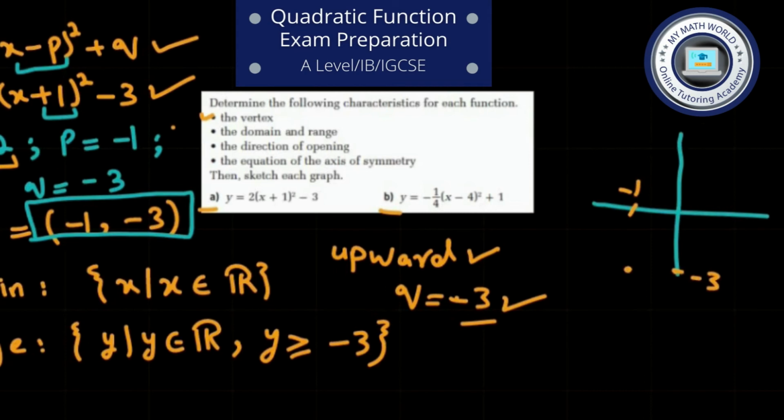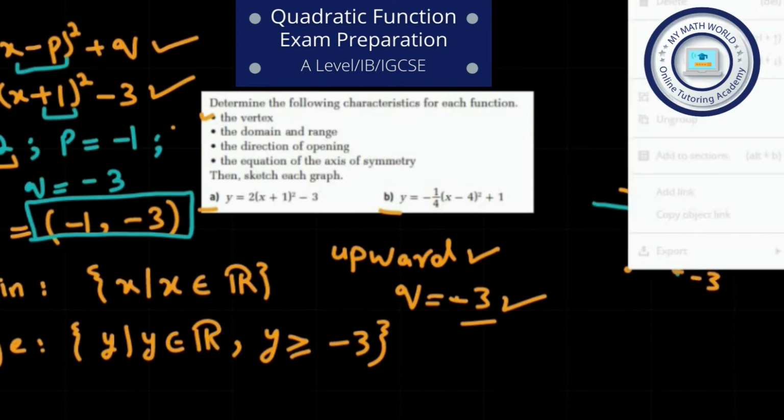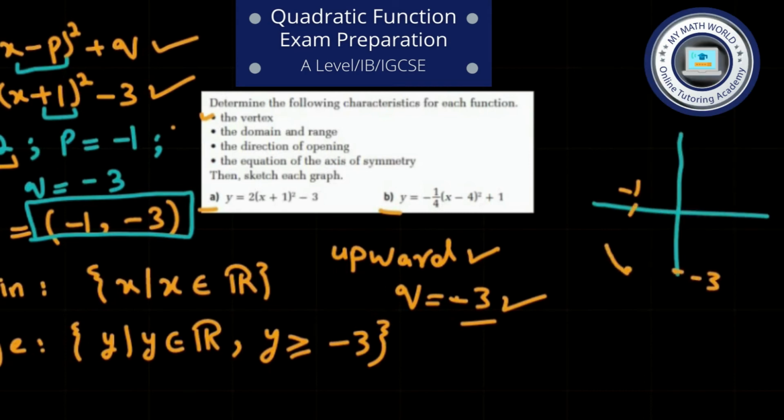That means vertex is this point and direction is opening upwards, so the shape of the graph would be like this. Okay, this point is (minus 1, minus 3), that's the vertex, and over here in this case it